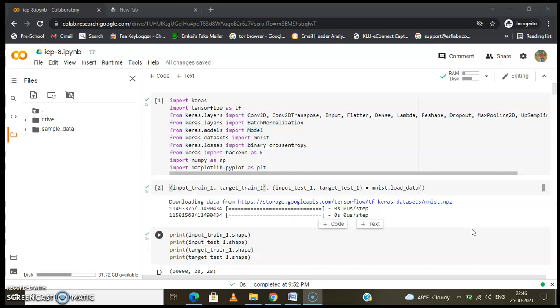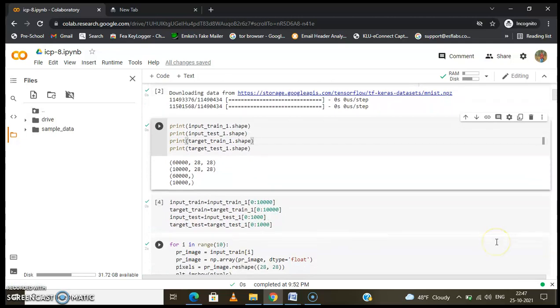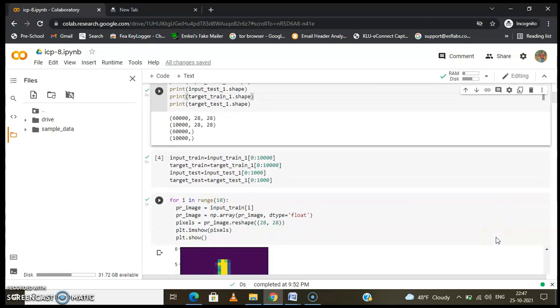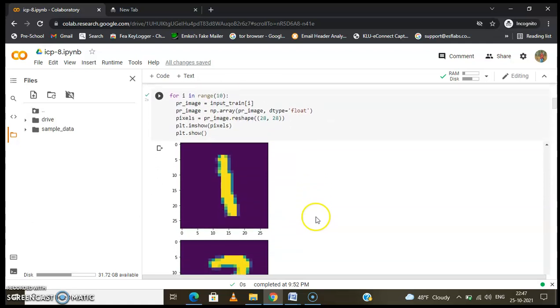So here we are loading the data into training and test, and basically we have 60,000 images, as you can see here. For simplification of the model, we can work on only the 10 classes.